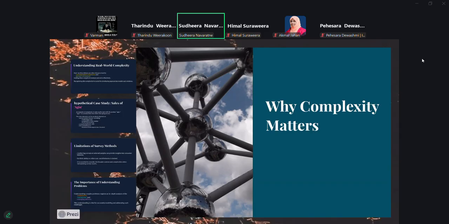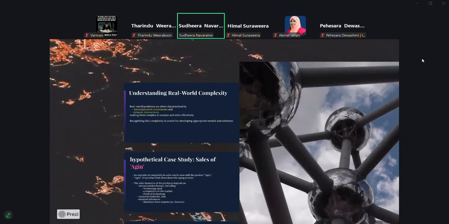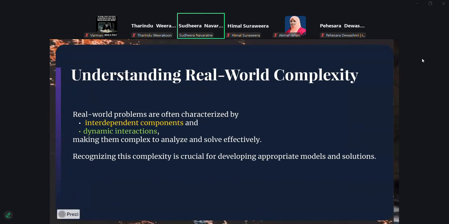So it's not about the single component that we are talking about, right? Before we go into this power system stuff, which is more focused on a certain group of people who study the power system, we will take a very simple example. Why is understanding the complexity important, right?